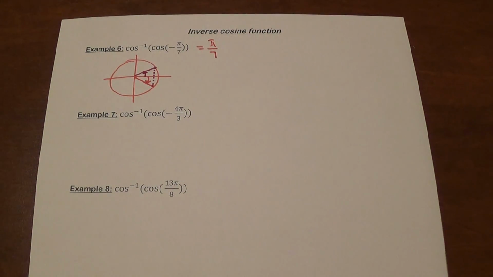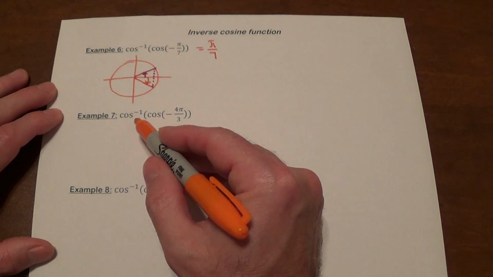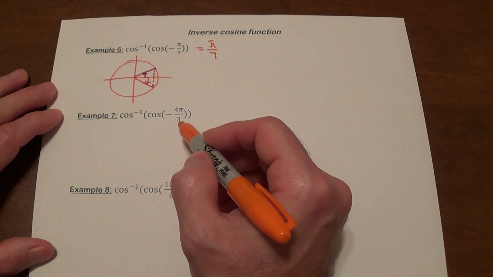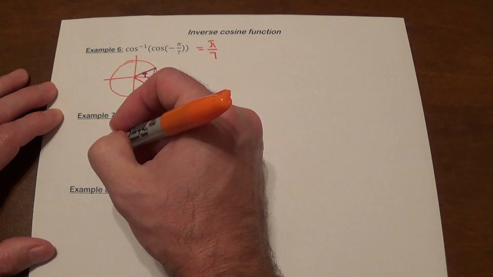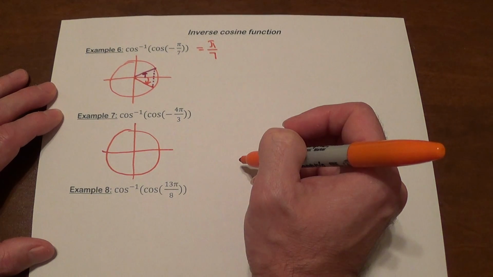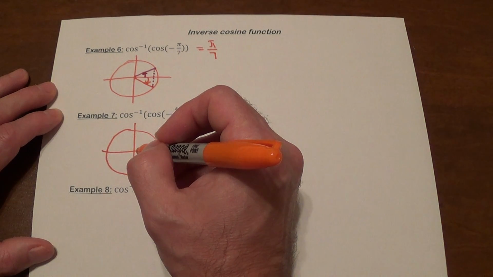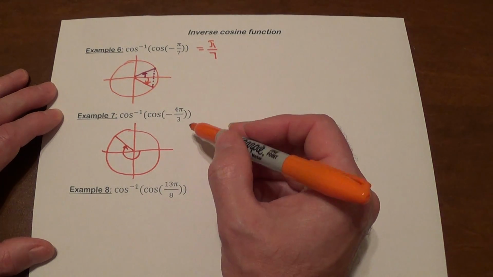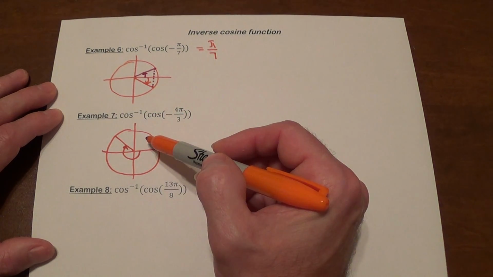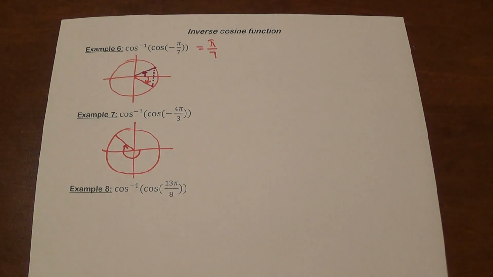Okay. Moving on, example 7. We've got arccosine of cosine of negative 4 pi over 3. We'll look at this angle. We're dealing with arccosine. This angle cannot be negative, so that's not going to work. Let's look at where else we can find an angle that has the same value of cosine. Negative 4 pi over 3 actually ends up in quadrant 2, so we are in the correct quadrant, because for arccosine we need an angle in quadrant 1 or 2. The only thing we need to do here is find the coterminal angle for that one,